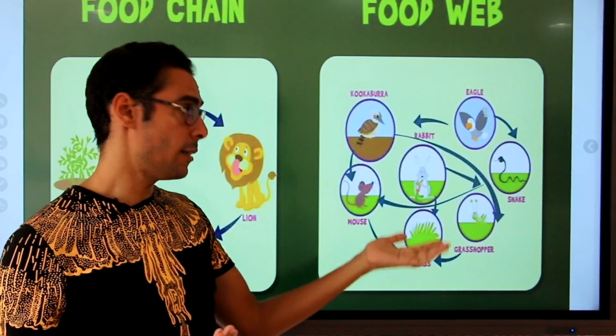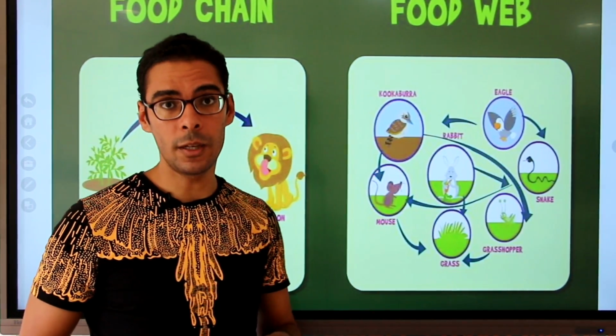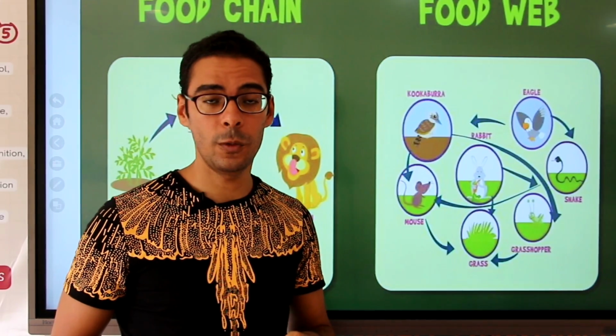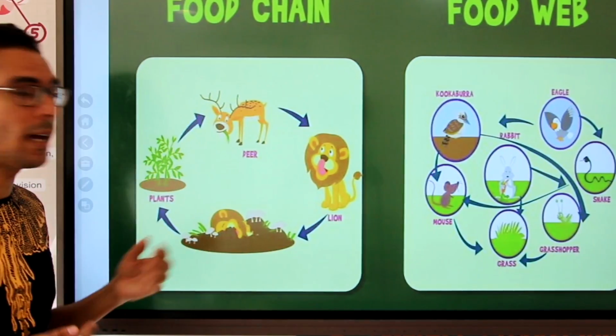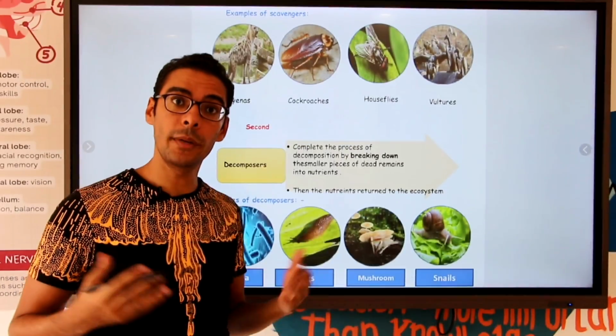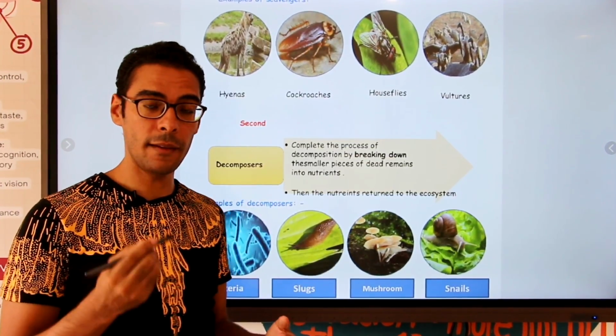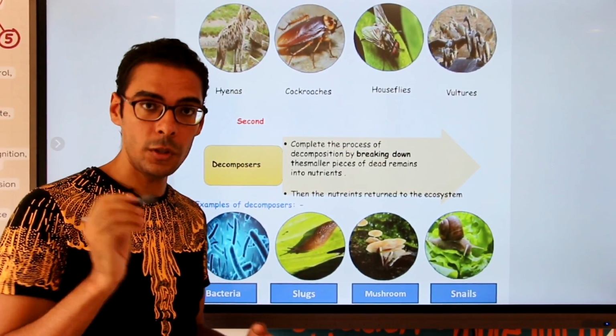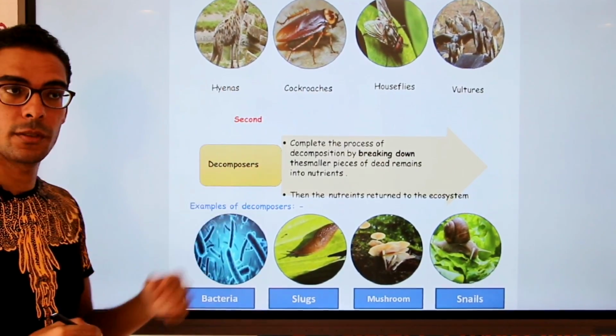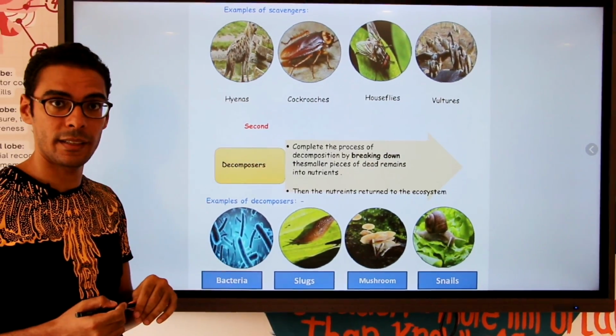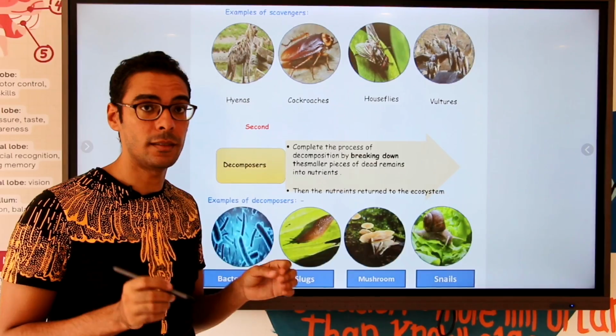That actually makes the food web stronger, and it makes the ecosystem which has the food web more stable than the ecosystem that has a food chain. But to make sure about the food web stability and the ecosystem stability, we have just to add an extra thing here, which is going to be protectors. Two groups of living organisms. They ensure the stability of the ecosystem.